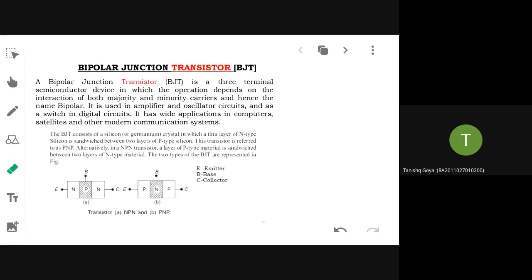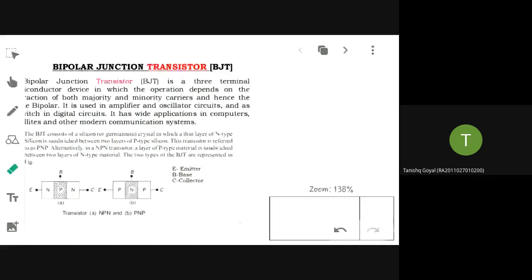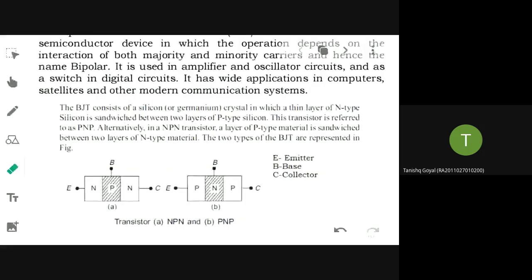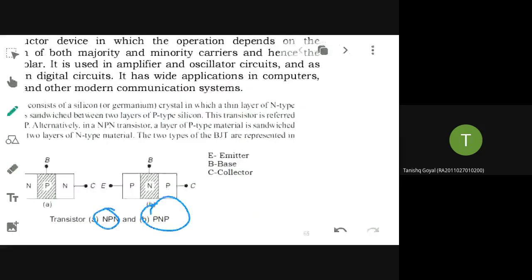Now we will move on to how you are going to manufacture the two types of BJT. That is, one is NPN and the other one is PNP. You have discussed the PN diode. So what two layers are sandwiched if you want to make a PN diode? The basic medium will be a semiconductor, maybe silicon or a germanium crystal. In that you are going to sandwich one P layer and one N layer, and that is how you will be manufacturing a PN diode.